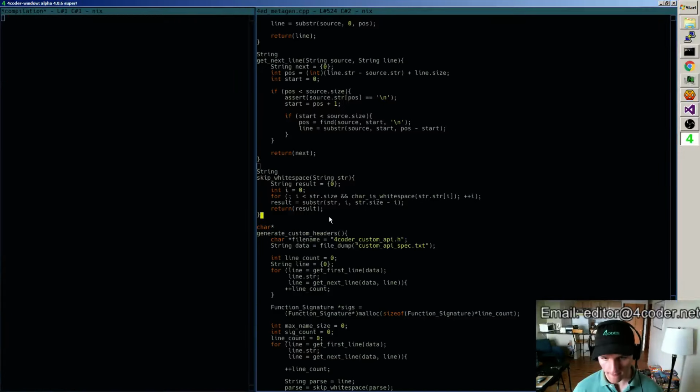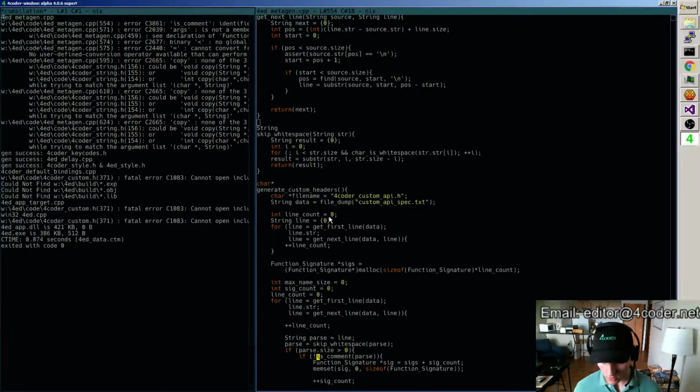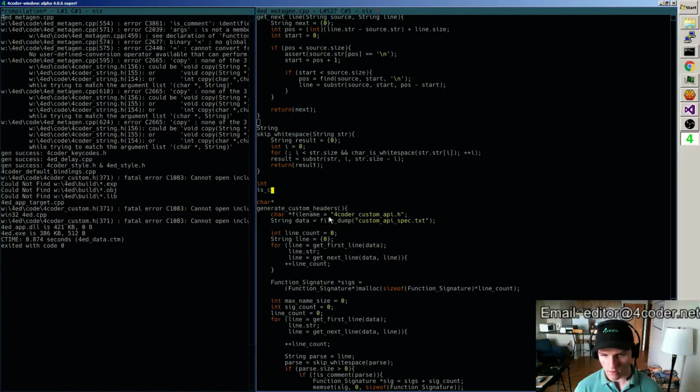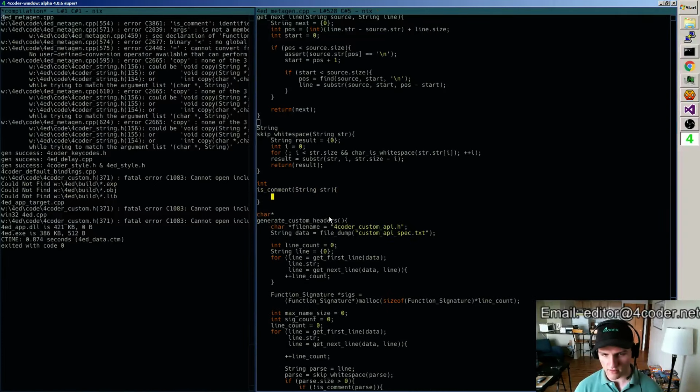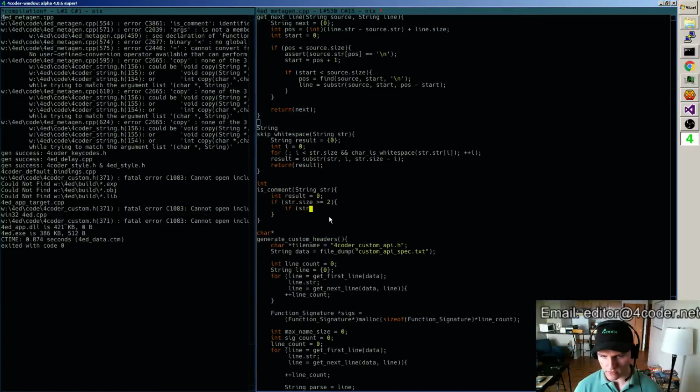Okay. 554. Not is comment. Alright, so that one's interesting. Is comment takes a string str, and the first thing it does is it says int result equals 0. Then if str dot size is greater than or equal to 2, if str0 equals this, and